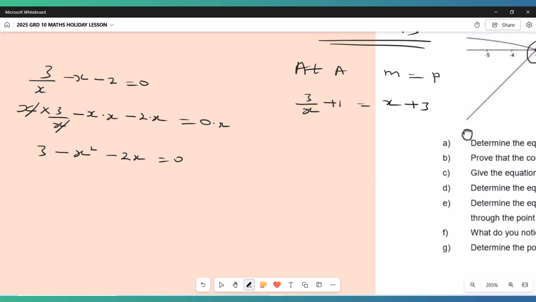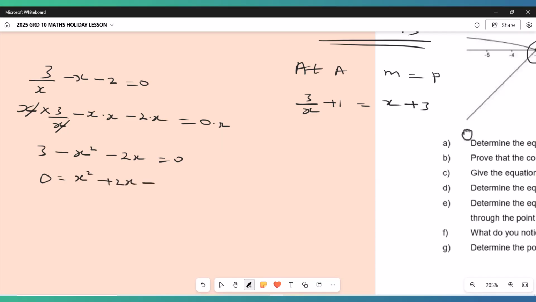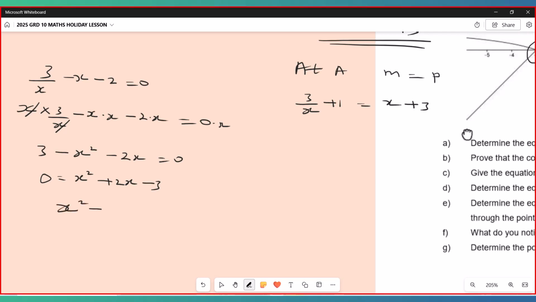If I take everything to that side of the equation, I'm going to say 0 equals x squared plus 2x, and then minus 3. So in other words, I'm now solving x squared plus 2x minus 3 equals